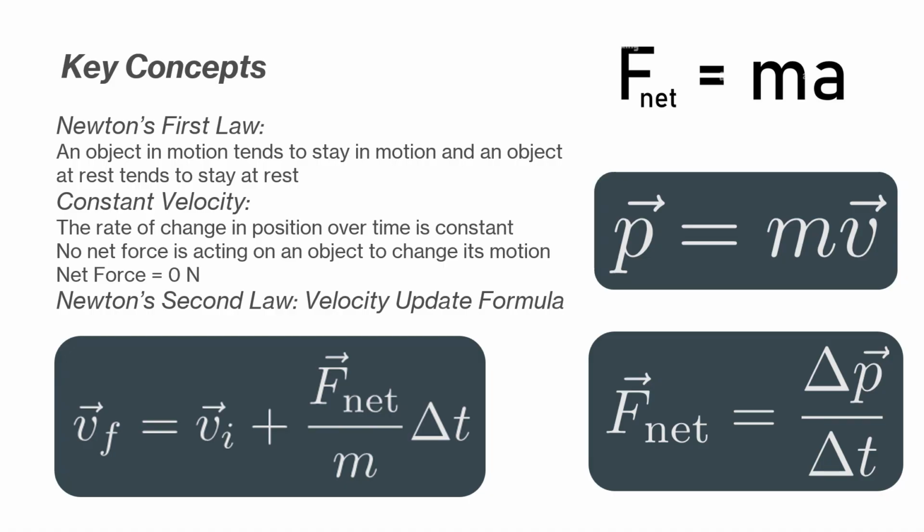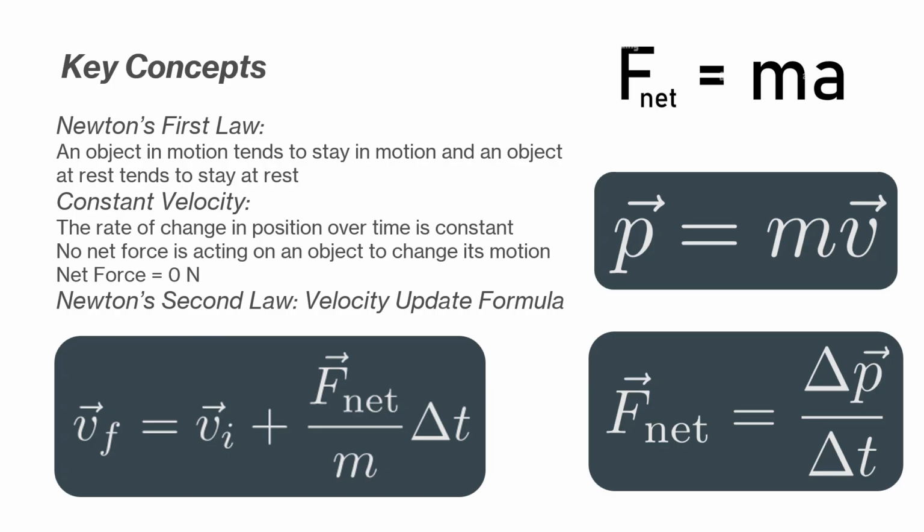Momentum is equal to mass times velocity, and net force is equal to change in momentum over time. If there's no net force, there should be no change in momentum, and if there's no change in momentum, there should be no change in velocity. In the bottom left, by deriving those things I just said and moving around variables in equations, we should see that the final velocity should equal the initial velocity. This is considered the velocity update formula. And we see that acceleration is equal to